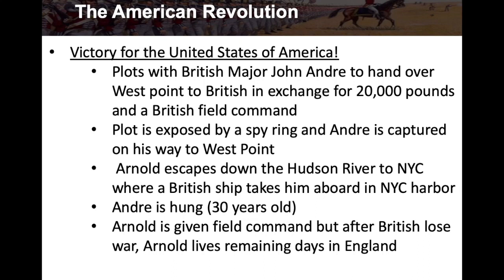Arnold was not captured. He escaped down the Hudson River to New York City, where a British ship took him on board in New York City harbor. Andre was hung by the Americans. He was 30 years old. He was hung for this escapade of trying to take West Point after it was going to be handed over by Benedict Arnold. On the flip side, Arnold is given a field command by the British, but after the British lose the war,